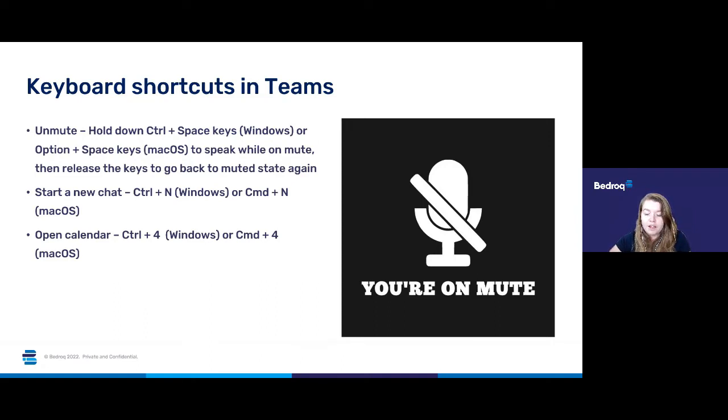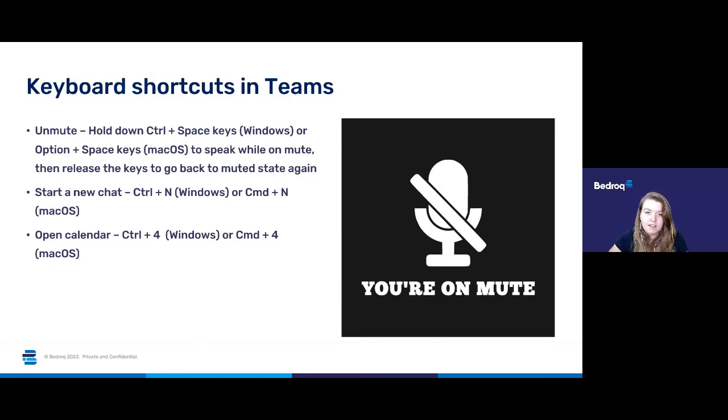A couple of the other older keyboard shortcuts that have been out for a while that you might find useful are starting a new chat by pressing Control and N if you're in Windows. So if you're anywhere within the Microsoft Teams window, if you press Control and N, it will just pop up with a new chat window, and you can put in the bar at the top who you want to speak